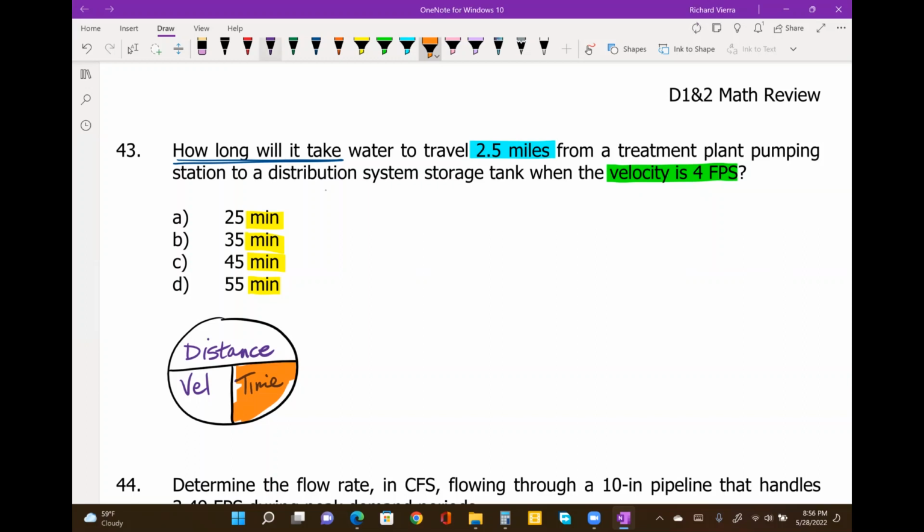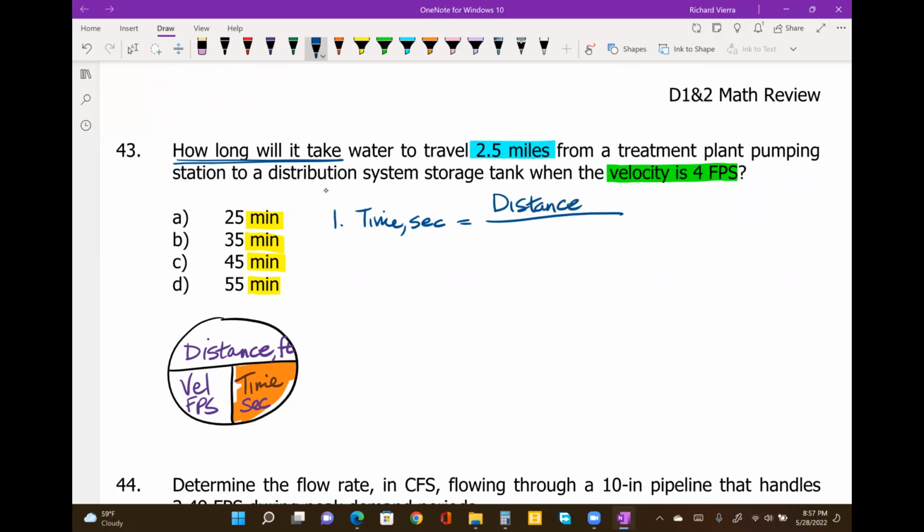But we also want to be aware of the fact that since distance is measured in feet and velocity in feet per second, feet cancels out and we end up with the time period in seconds. So we will have to do a time conversion at the end once we figure out how many seconds are involved. So to set up the equation, time is going to first be calculated in seconds by dividing distance in